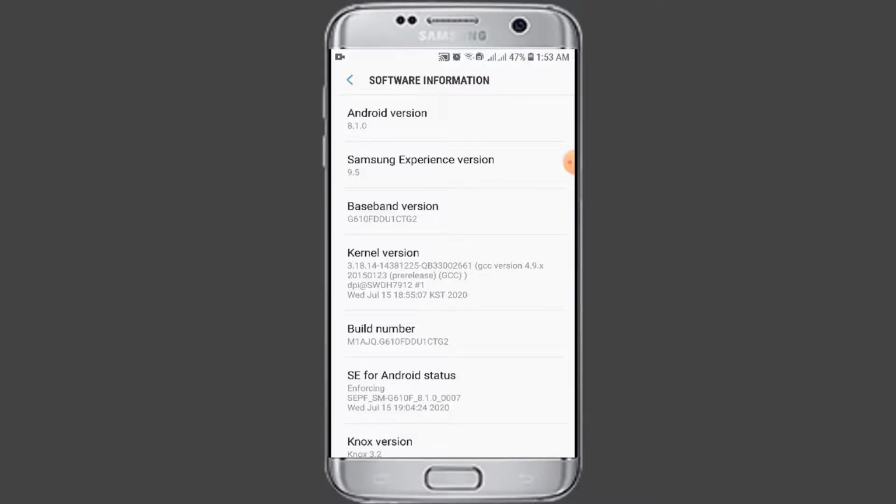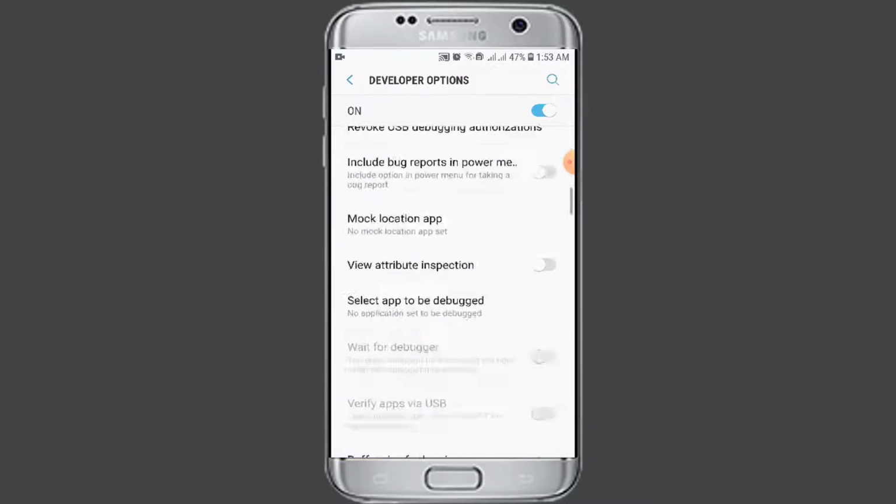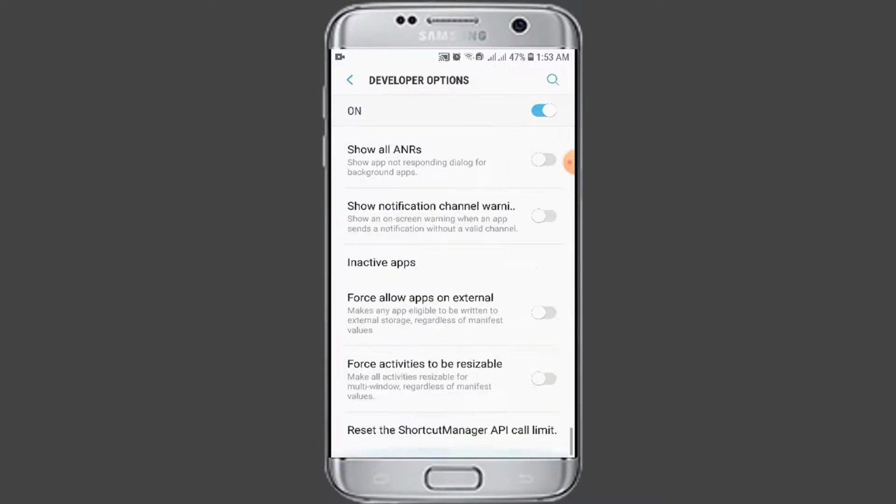Okay, so let's check. I'm going back, scroll down, see, developer option. So developer option now at this moment is available, so tap on developer option. So scroll down, again scroll down, and see, force allow apps on external